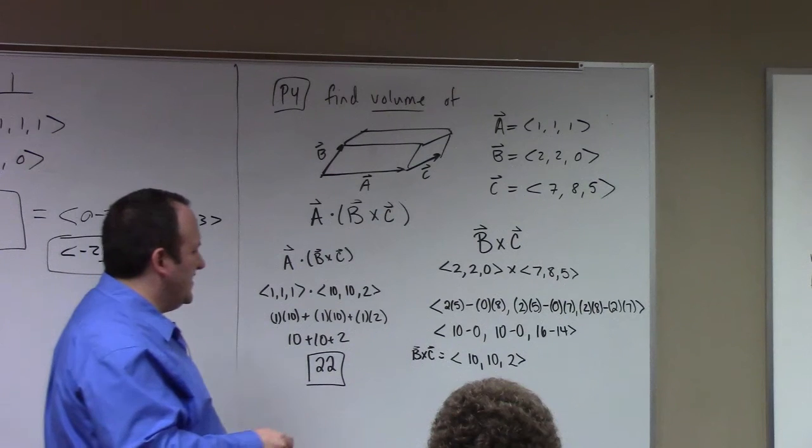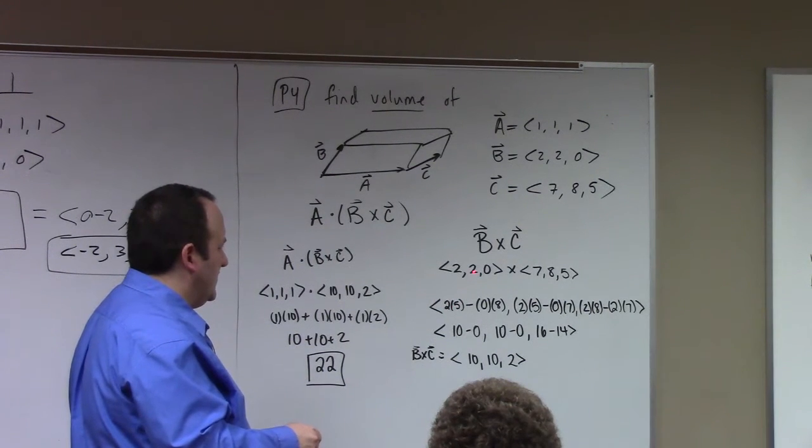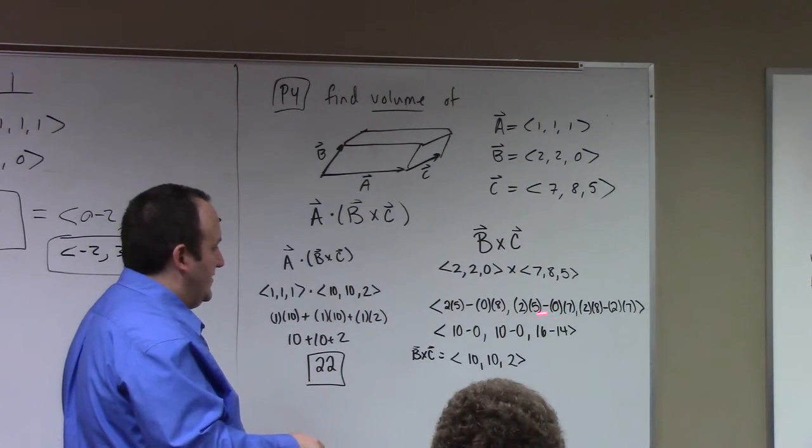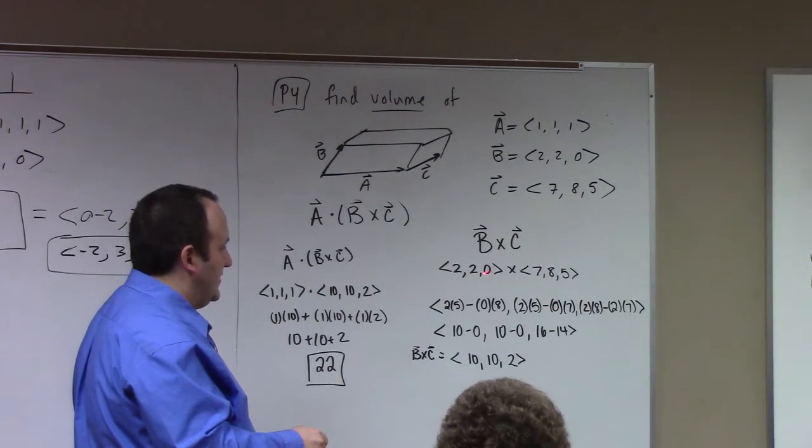Let me check on this. So 2 times 5 minus 0 times 8. I think the first component's fine. The last component would be 2 times 8 minus 2 times 7. Yep. You guys tend to, if you're going to make a mistake, it's going to be on the middle component. The middle component is 0 times 7 minus 2 times 5. So you got,